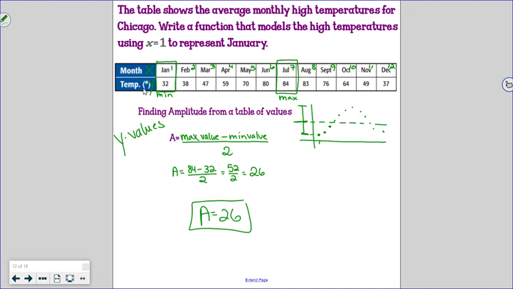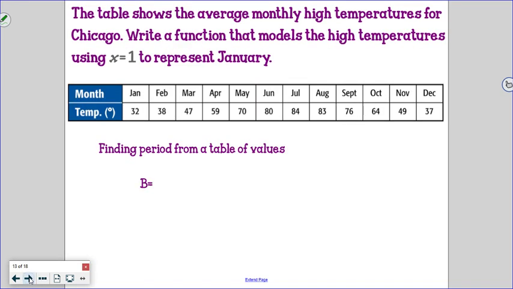Questions on that? Okay. Second letter that we have in our equation is our B value. The B value, before we get into actually finding it from our table of data, if I were to have you look at just a cosine curve, okay? So if we were to start our cosine curve here at like a maximum,